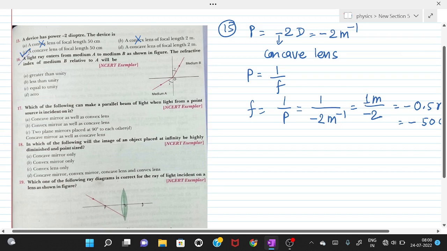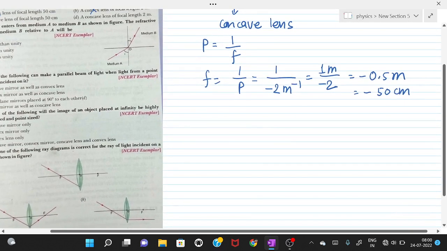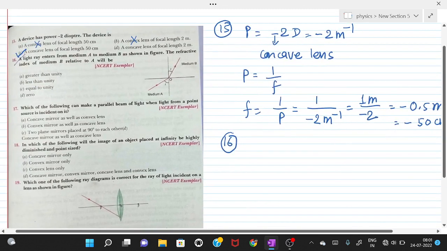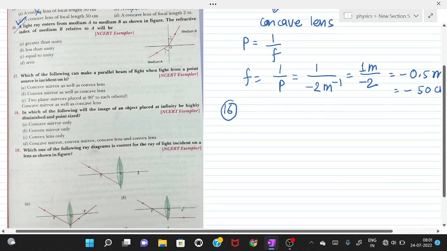Okay. Now go with question number 16. Now we are going to see question number 16. A light ray enters from medium A to medium B as shown in the figure. The refractive index of medium B relative to medium A will be, as we know that, suppose we have two mediums, as I have discussed in the class also,